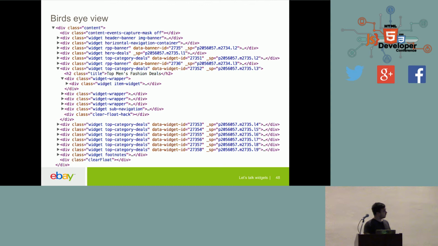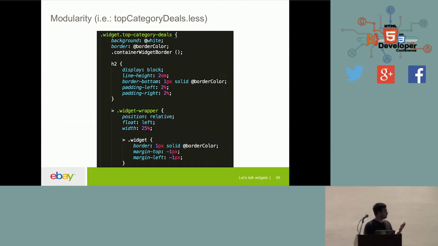So now going a little back into the HTML, if you've seen the first example that I gave you, you can see here that we are overwriting the children, in this case using a container, and overwriting a bit of styling from the children widget, and everything simply falls into place.